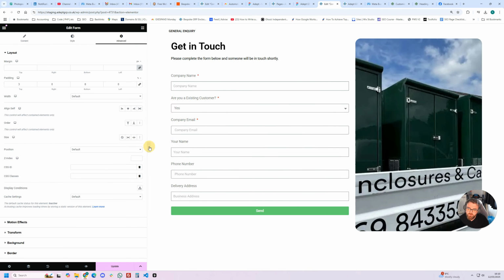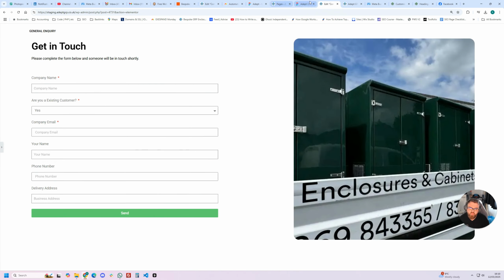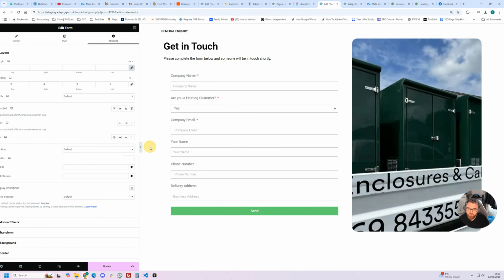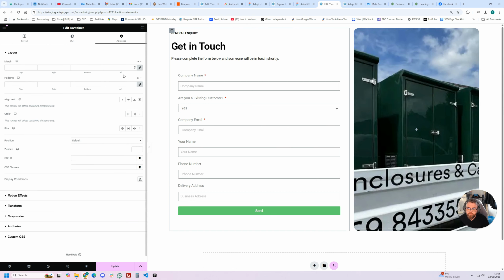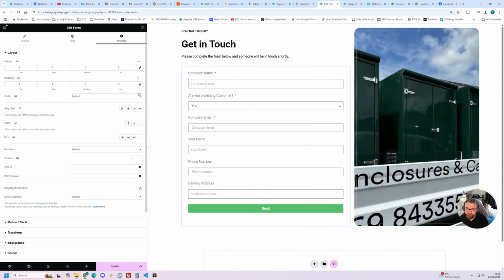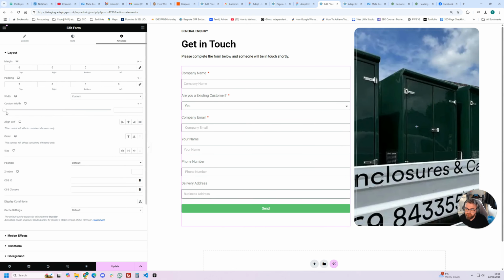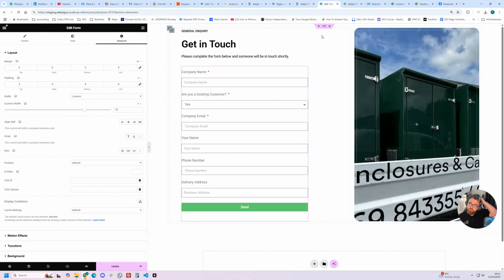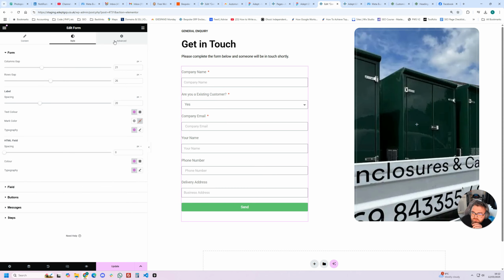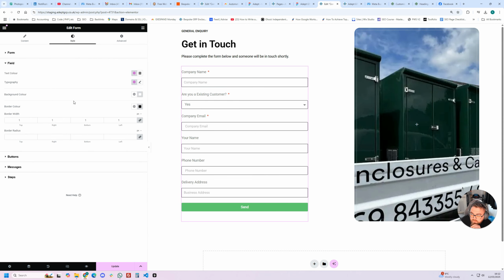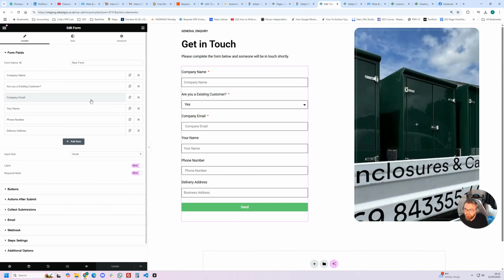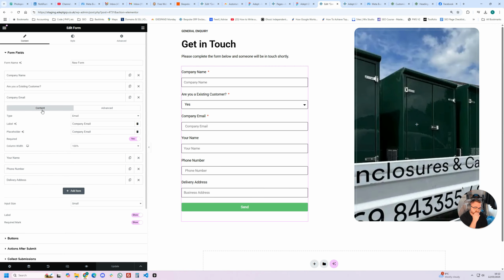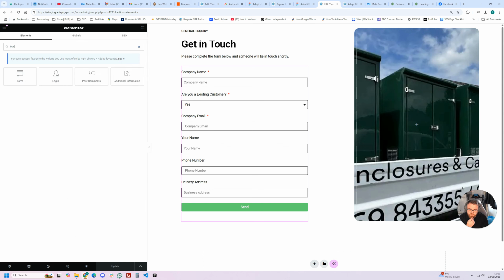But to be fair, I like this whole process because you get a feel for what it looks like on desktop and mobile and stuff like that. As you guys can see, we're using Elementor to build this out. It's a very good tool to use when you're dragging and dropping and locking things up. And to be honest with you, I wouldn't choose a different tool to build websites just because I'm so used